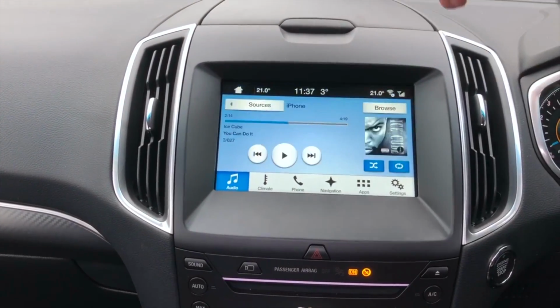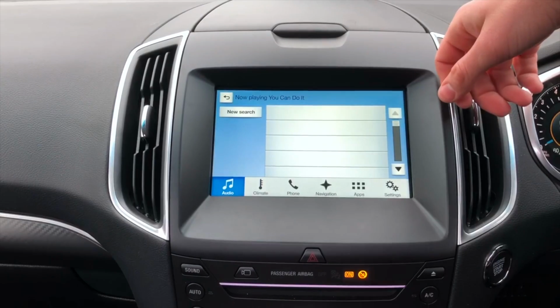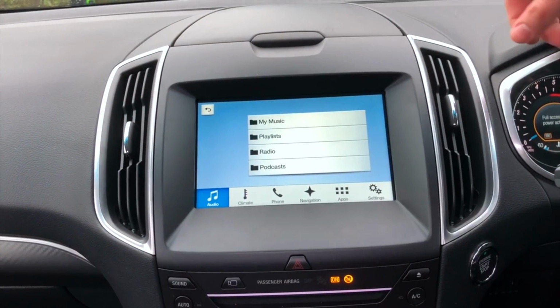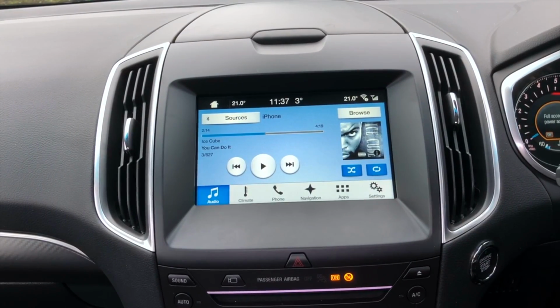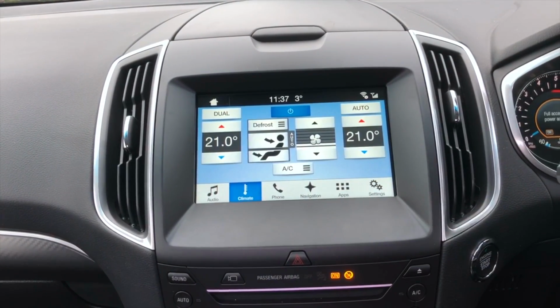If we come back out of that, obviously you can choose your radio and stuff, and we can go browse. And I can add in different songs from what's on my playlist, which is always very nice. This does have Apple CarPlay. I haven't used that at the moment while I've had the vehicle, and I'm still looking to do that in the near future. Go to climate, you get dual features, what you would on an Audi or something like